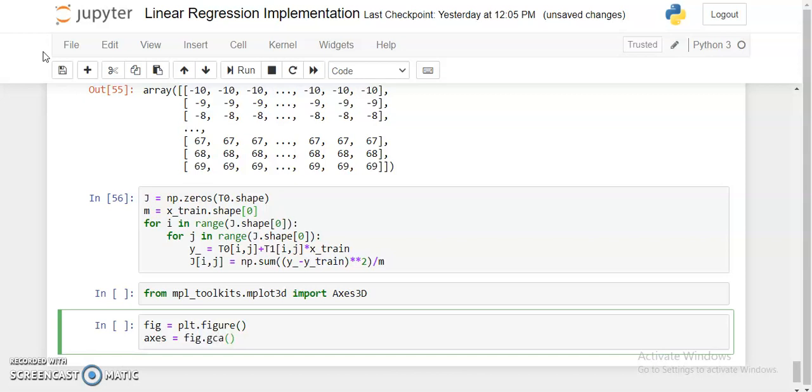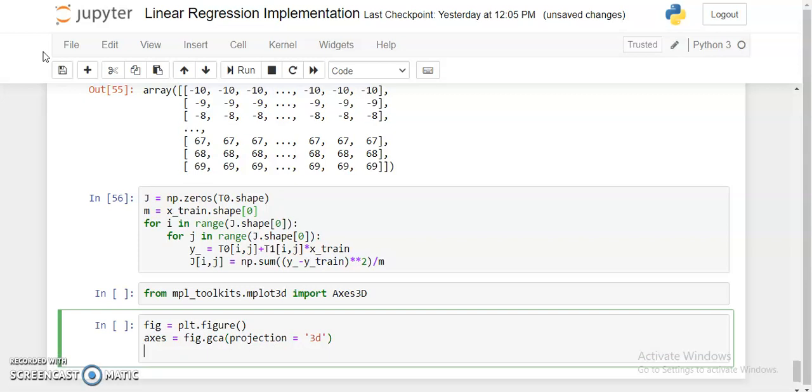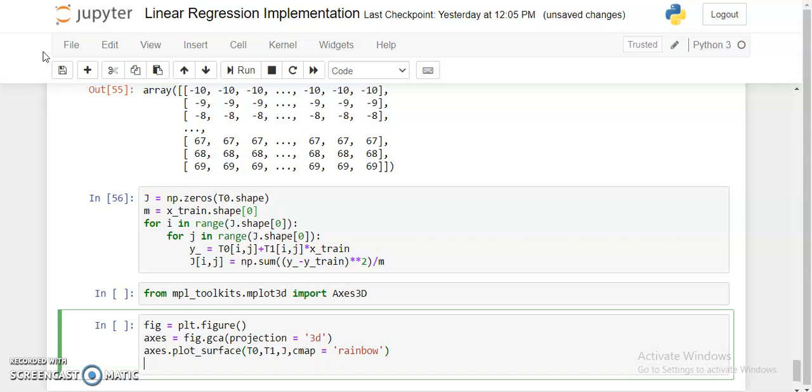This is a way of projecting our model in 3D, right? And axis.plot_surface with t0, t1 and j, and cmap equals, let the color be rainbow, and here plt.show.